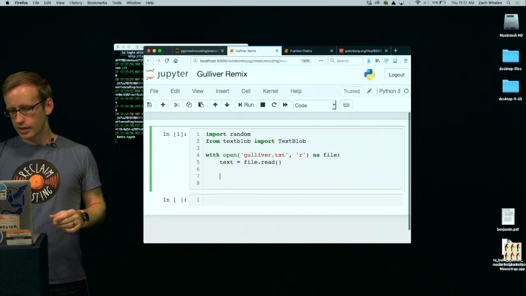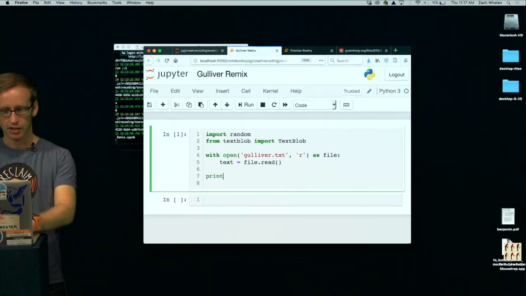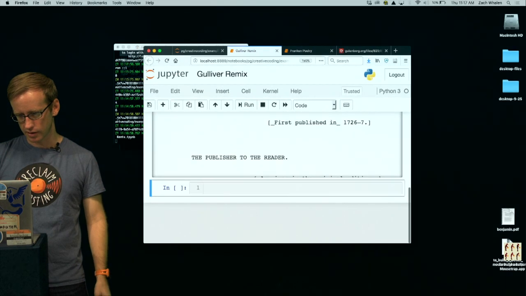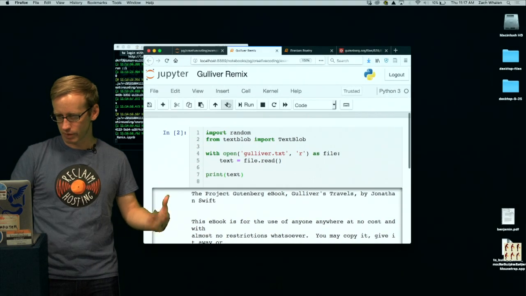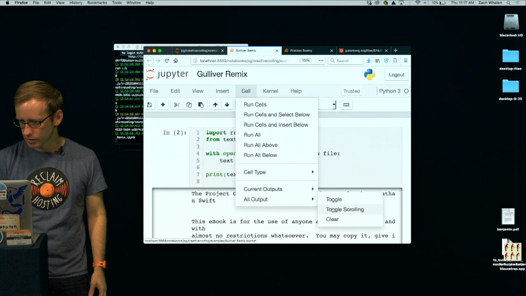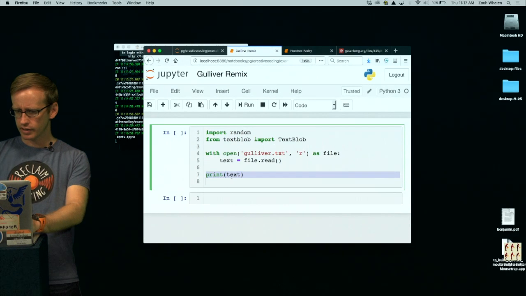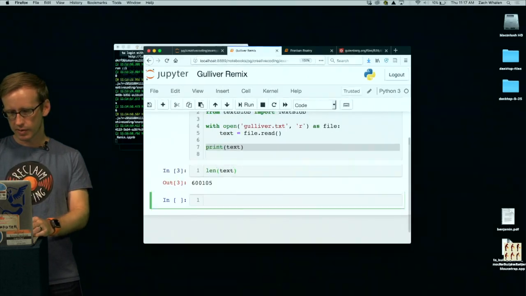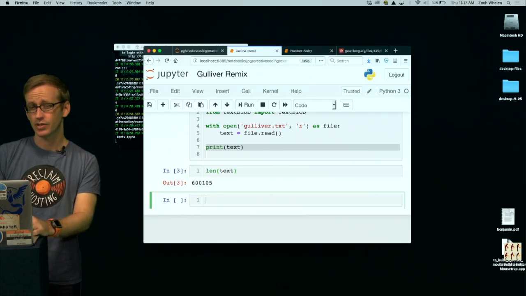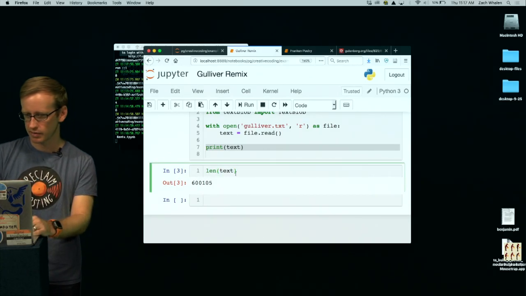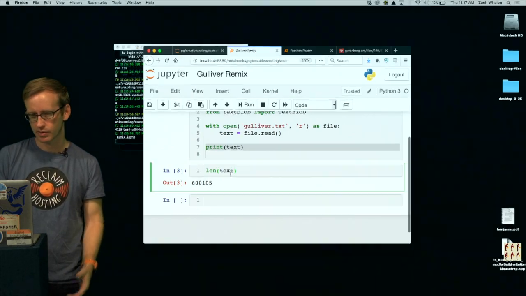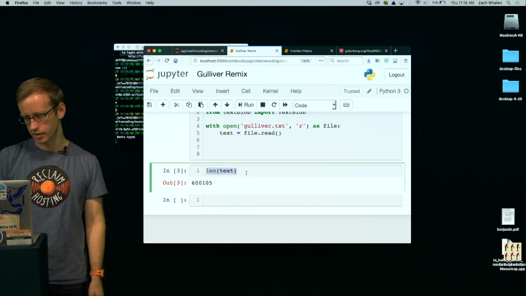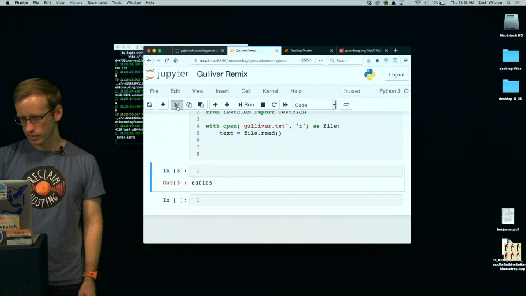Okay, so now I've got all this in here. I could do a couple things with it. I could print all of the text in my notebook just to confirm that it exists. And yes, it's all there. It's a lot, so I'll clear that. I could ask how long that text is. It's 600,105 characters long. That's kind of neat, but I can't really do much with that, because there's no differentiation within it. It's really just a very long list of letters and numbers. So I don't need this cell, so I'm going to kill it.